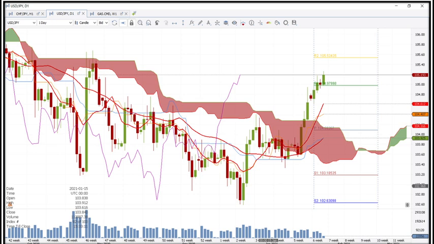Now, let's take a look at a chart. You can see several indicators which I have applied on a chart. Ichimoku indicator to get the idea of upcoming trend, volume indicator at the bottom to get the intensity of buying or selling, EMA crossover to know the immediate trend in the instrument. And like this, you can use several indicators in technical analysis. The job of a technical analyst is to identify these patterns and develop a point of view.